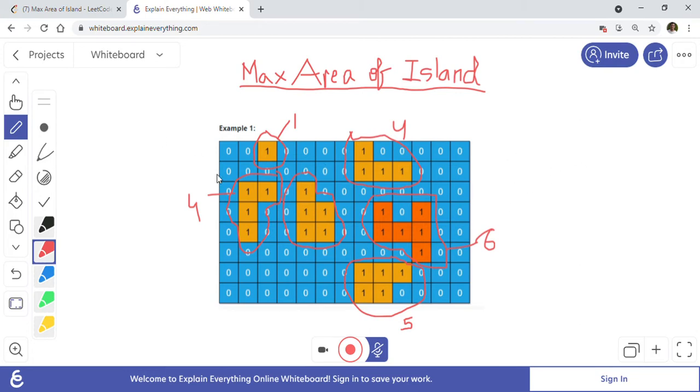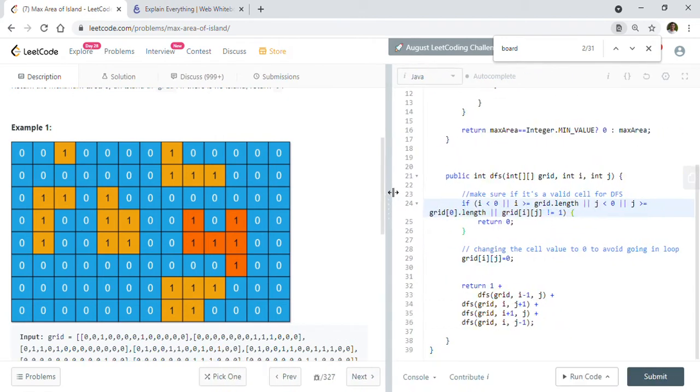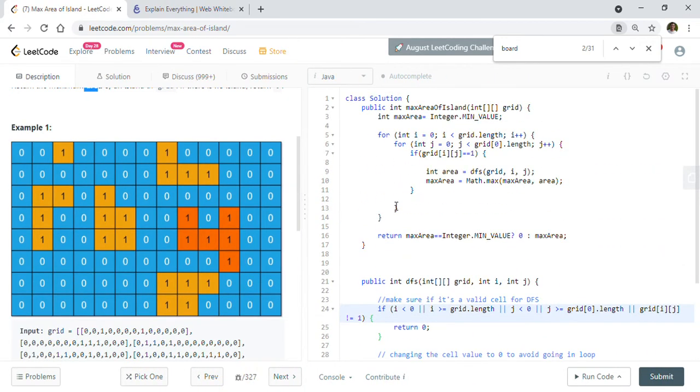So we can actually solve this problem easily with a DFS approach. We have been given this m by n grid, so we can run from i equal to 0 until the end of all the rows here, and j will go through all the columns here. Simultaneously I'll show you the implementation also, how I implemented the solution for this problem.